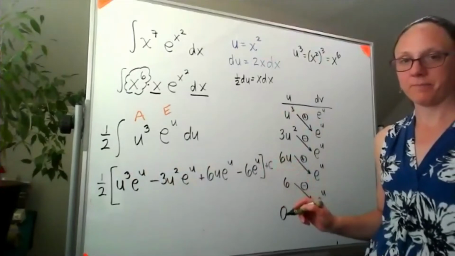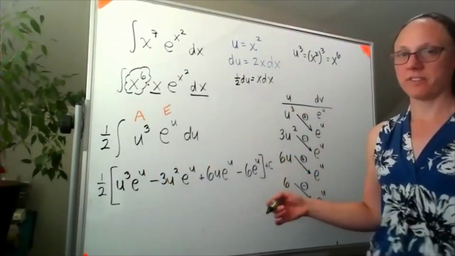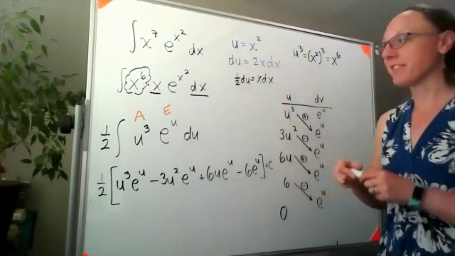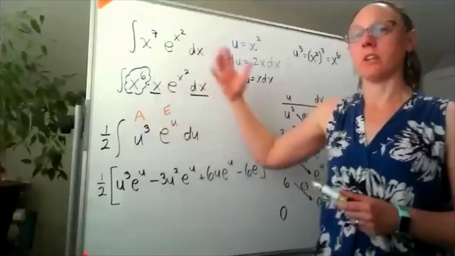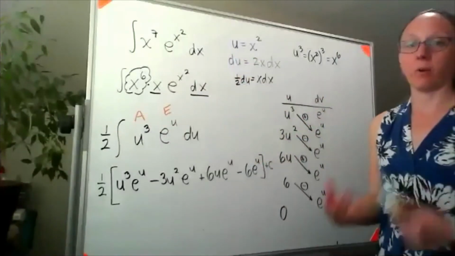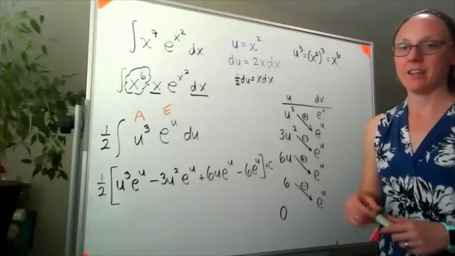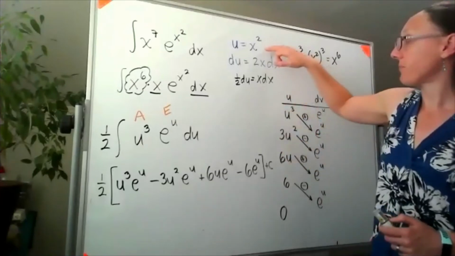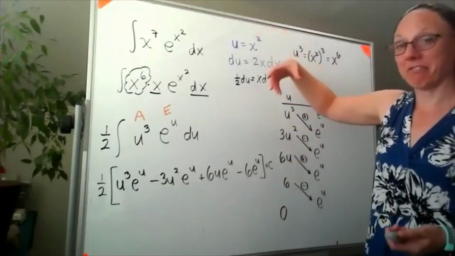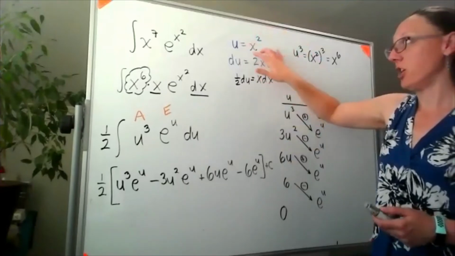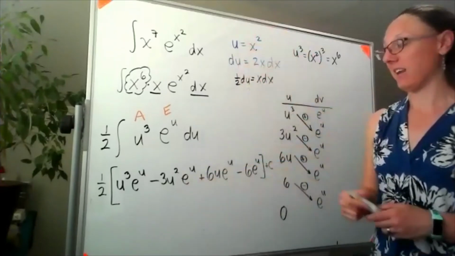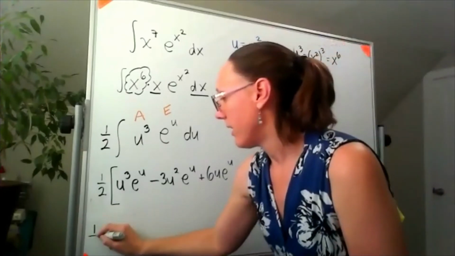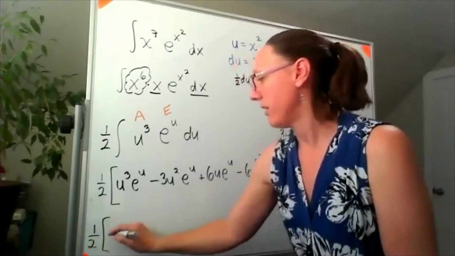plus a constant. And then don't do all of this work and then forget to plug in what u was at the very end. If this had been a definite integral, then I would have changed my bounds and I wouldn't have to plug those x's in. However, because it is an indefinite integral and I don't have bounds, we've got to plug this back in at the end. So I'm looking at 1/2